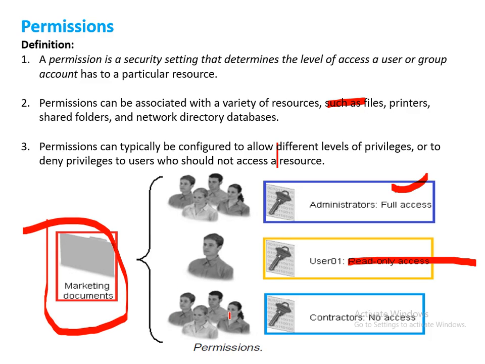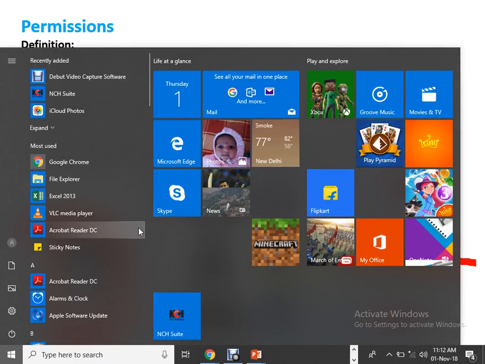Now I have one more couple of guys here, and those guys are contractors, so I have given no access. I have denied access completely for those guys. So that is known as permission. Let me show you how it works basically. For example,